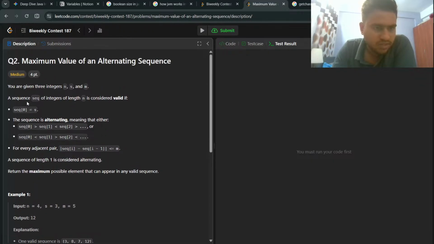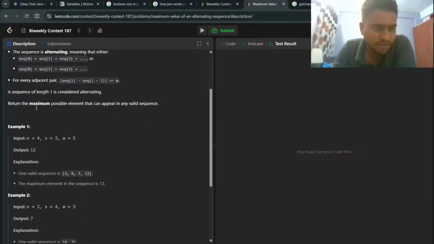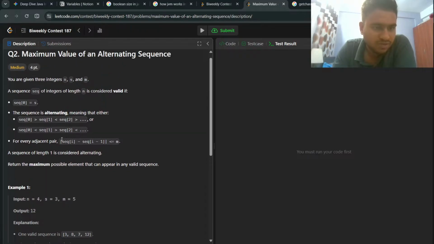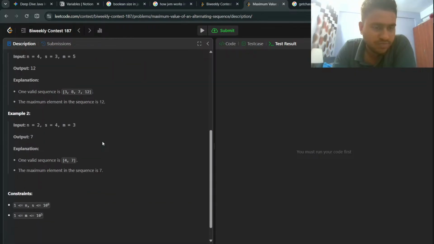So it is saying that sequence of length n is considered valid if sequence of 0 should be s. Okay. So we have given s. So first element must be s. So in here this is 3. Okay. And it should be either, and this one should be greater than this should be less than this should be greater than, or, and the difference should also not be greater than. The difference between two elements should be less than equal to m, right? So here m is 5, so we can maximum take